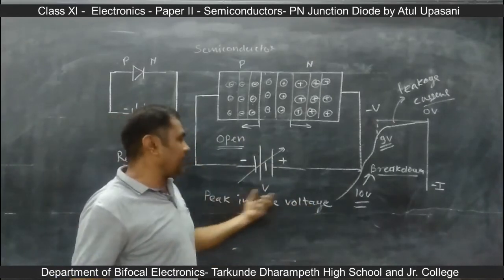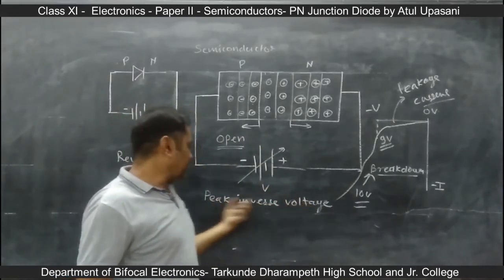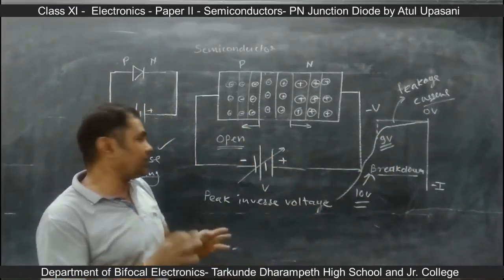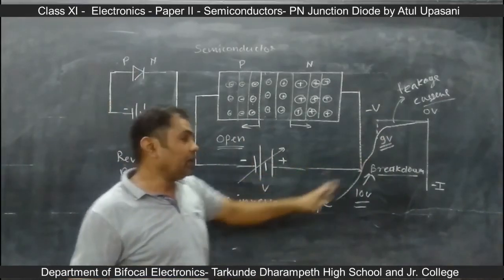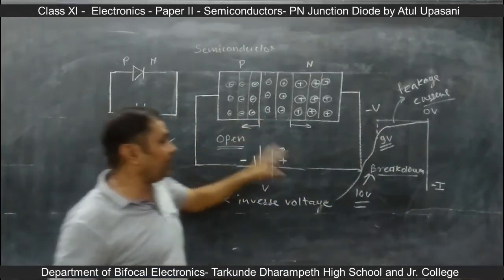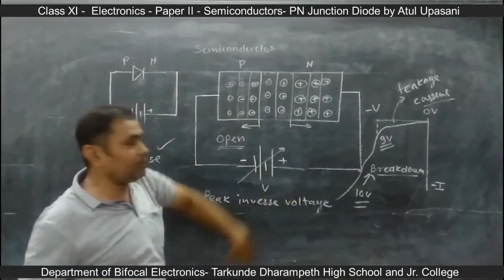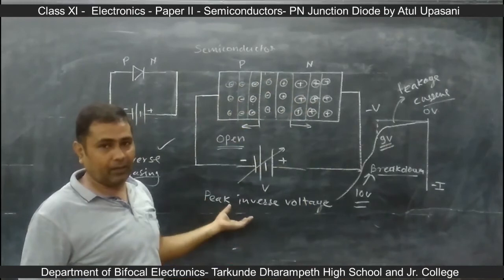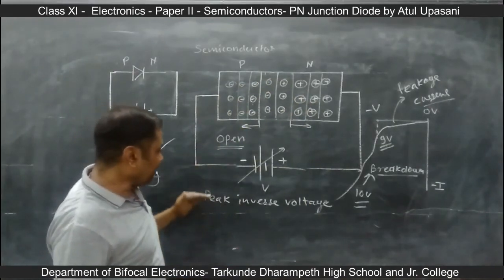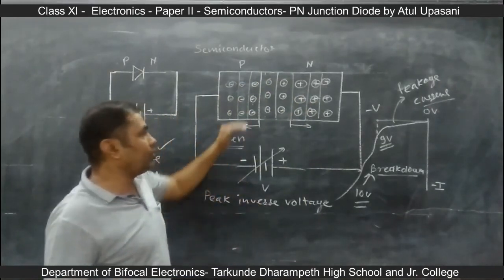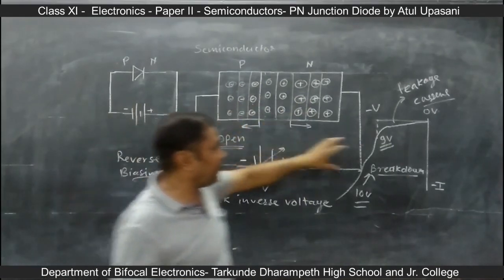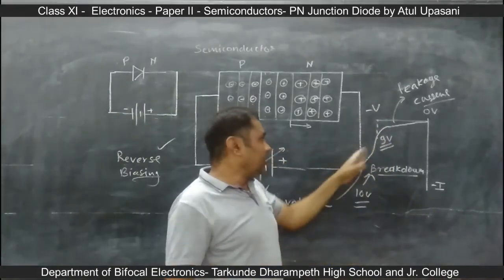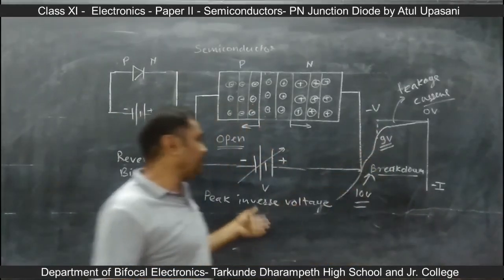So every device will have this value, that is the peak inverse voltage. So if a 9 volt diode is there, then the maximum permissible voltage in reverse bias will be 9 volt. If further voltage is given, what is happening? There will be breakdown, and when breakdown is happening, the device will be damaged due to high temperature. So in this way, when reverse bias is there, the diode does not conduct, and it is capable of handling reverse voltage up to the peak inverse voltage rating. If the voltage is increased further, there will be a breakdown.